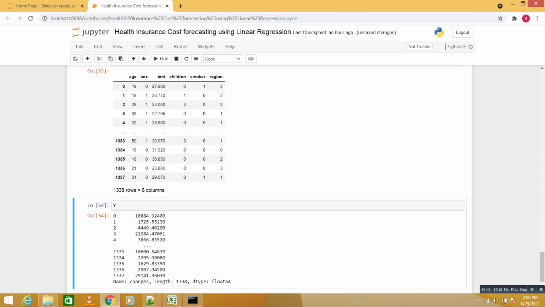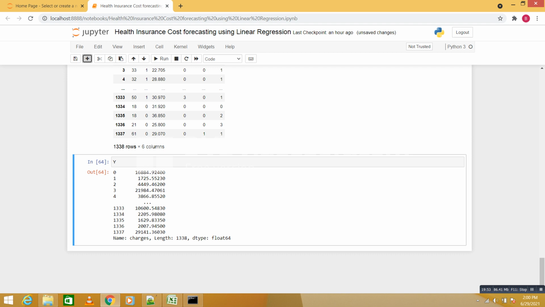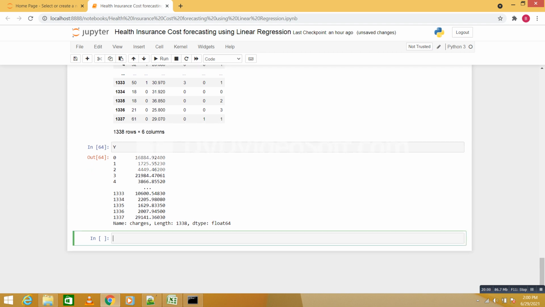Now we are going to split our data, that is train and test data. So we say x underscore train comma x underscore test, y underscore train comma y underscore test is equal to train test split, with the x and y values, test size is equal to 0.20, and the random state is 42.